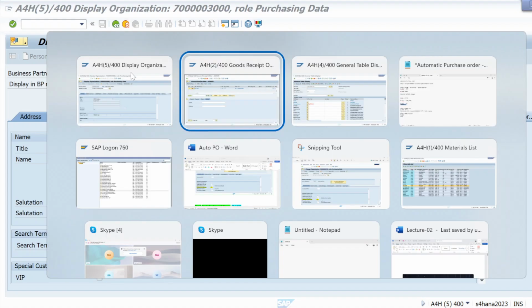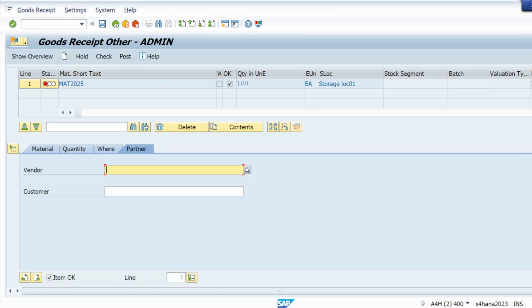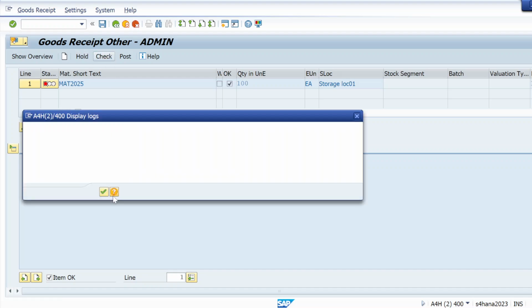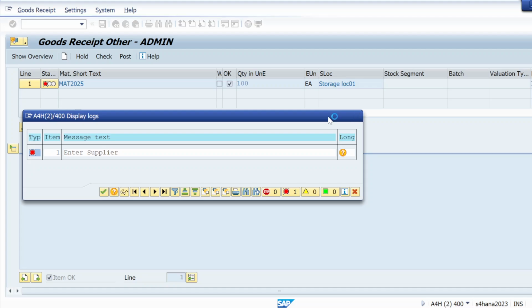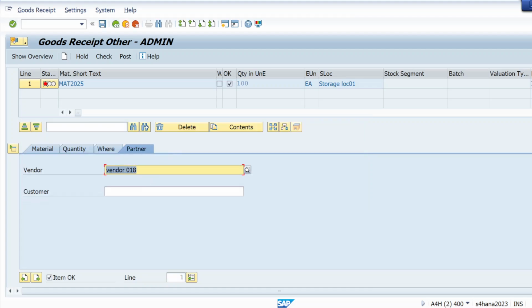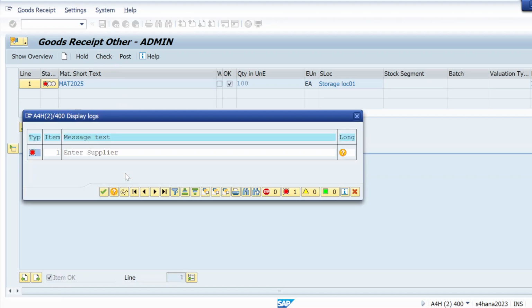Whatever the system will fetch, let me take this supplier and hit enter. Check. Again, it's throwing the same error. Still, we are giving the supplier and it says the supplier is missing.